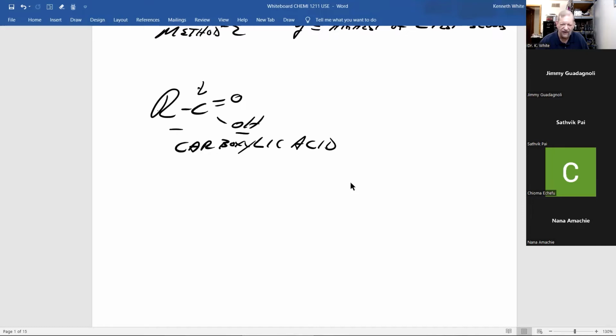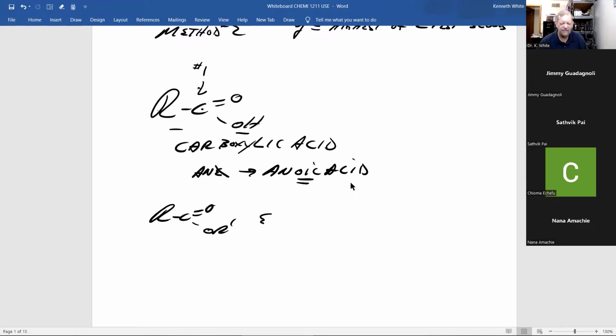Remember, find the longest chain with the carbonyl carbon, name it as an alkane, drop the E, add OIC, and the word acid. No number, because the carbonyl carbon of a carboxylic acid is always number 1. Now, this is an ester. Name it by the R prime